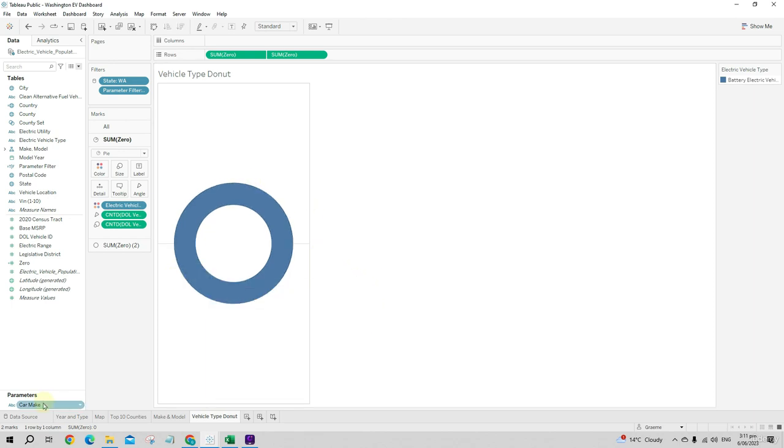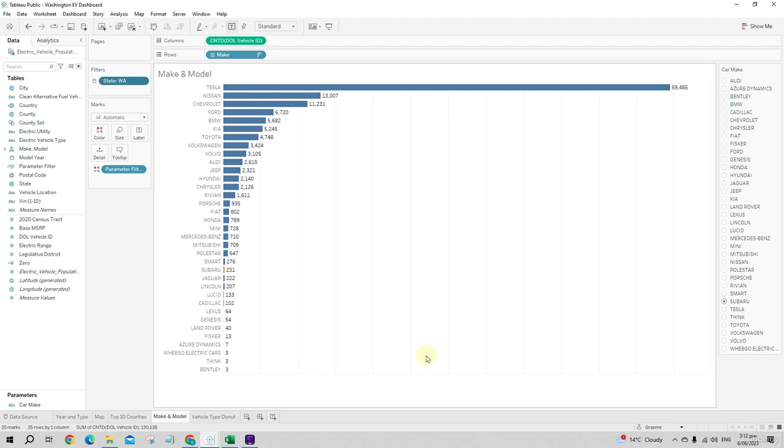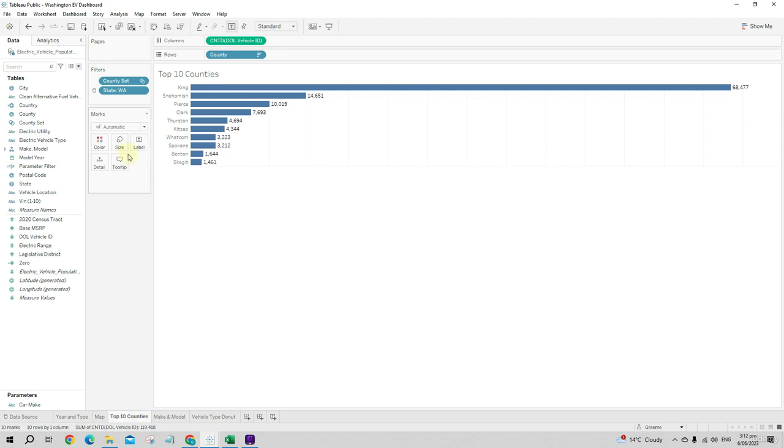And now let's show our parameter here at the bottom left, and then we'll see which vehicle we're displaying: Tesla. So we know Tesla is all electric vehicles only. And then we can click on any, and for Subaru, we have a split. And then we want to apply this parameter to all our worksheets. We're selected on Subaru, so it's harder to see the orange. We don't want to apply our parameter filter here, otherwise it's going to only display the one make. But we can apply it to